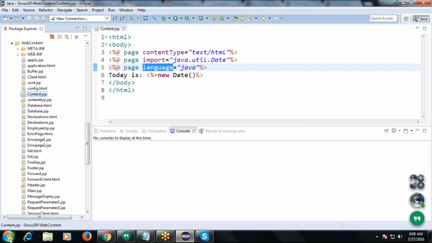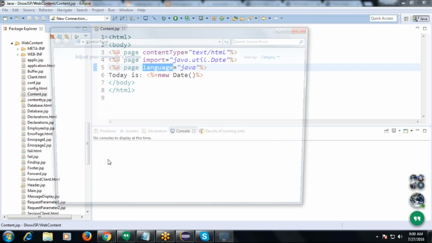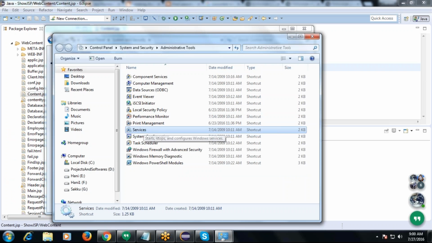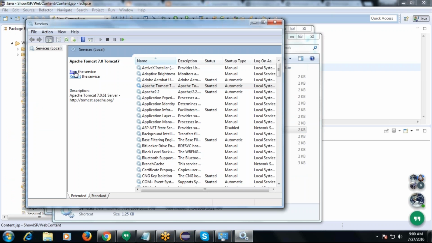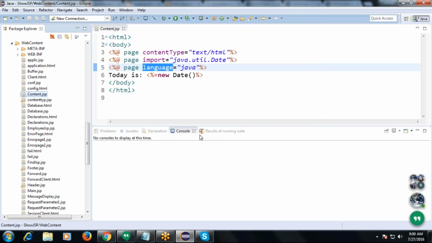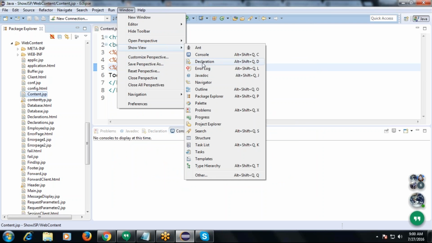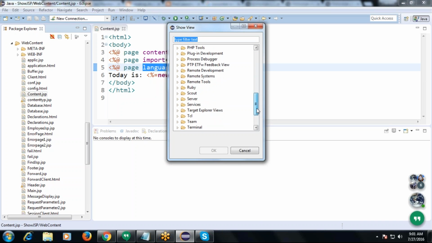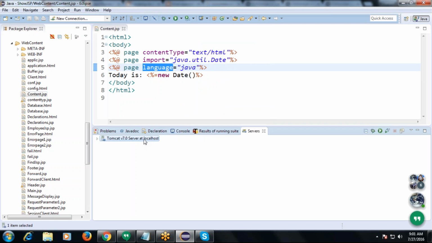Just one minute. We have to start the server first. Now the server is starting here.